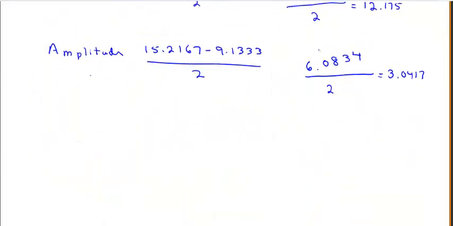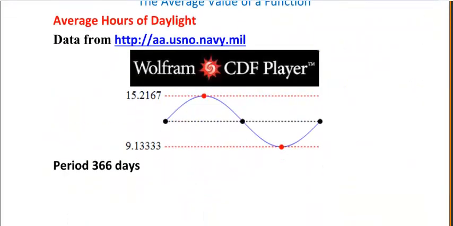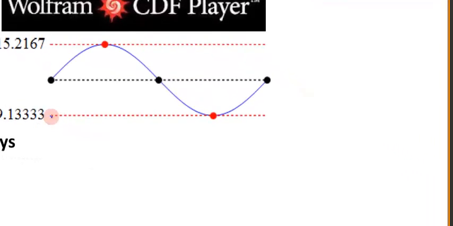All right. The next thing we have to do is look at the phase length. The actual period of the daylight hours is about 365.25 days. 2012 was a leap year, so we have 366 days, 366 data points. So I'm going to consider it'll be close. It shouldn't be off too much. It'll only be about 0.1% off. But I'm going to consider this going from 0 days to